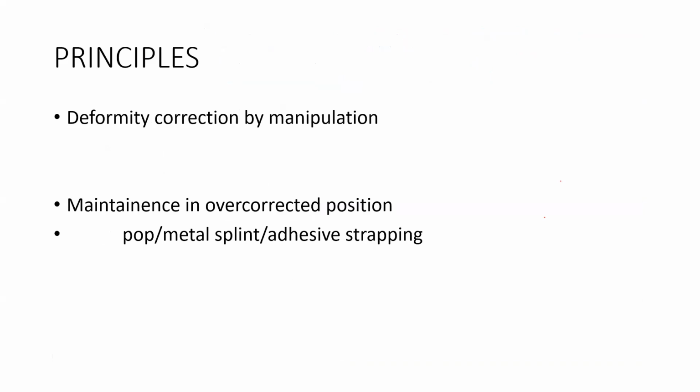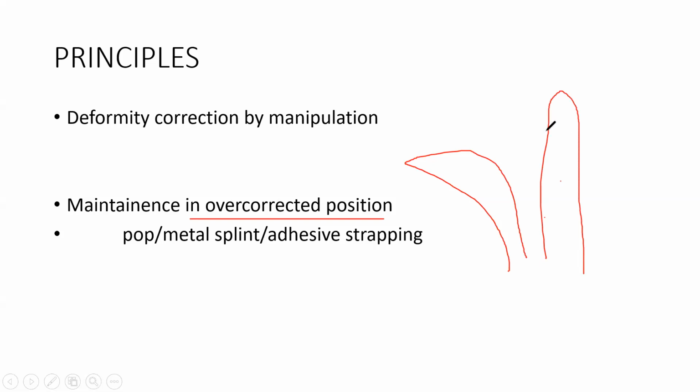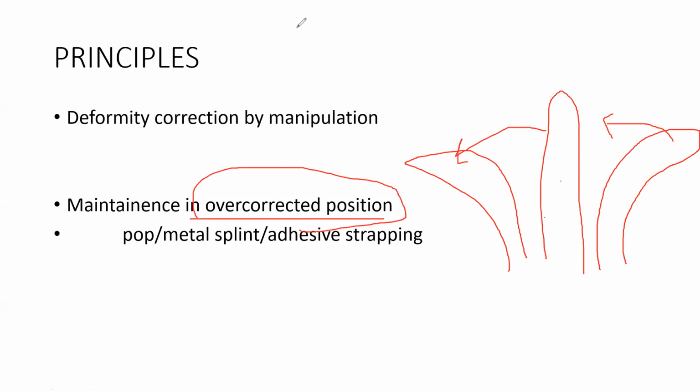Okay. And once you are doing the manipulation in the opposite direction, after you correct it, you try to hold it in an over-corrected position. Why are you doing it in an over-corrected position? Because this is an inversion deformity, so you cannot keep the foot in the corrected position, because it will again go back into the deformed position. Why? Because the body is destined to become a club foot. Every time the muscles try to push it in the club foot direction, so you have to do over-correction. Once you do over-correction, even if it comes back, it will come into the normal position. So you have to maintain that over-corrected position. How do you maintain it? By using some metal splint or braces. Okay, we'll see.